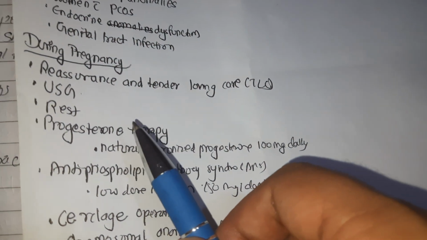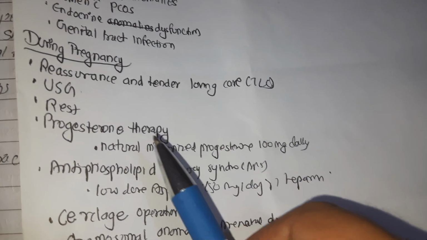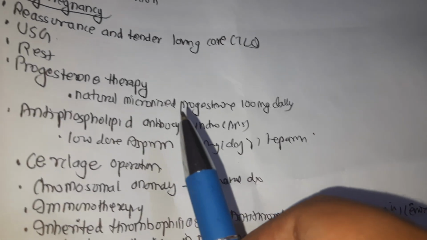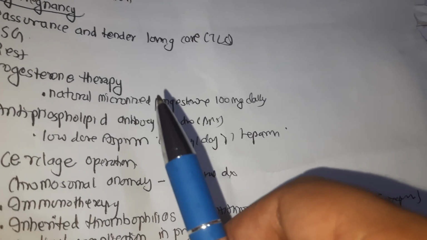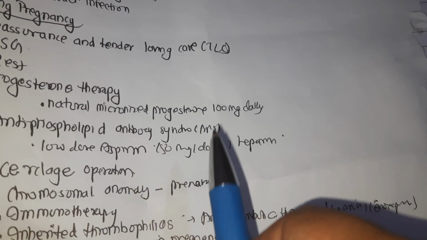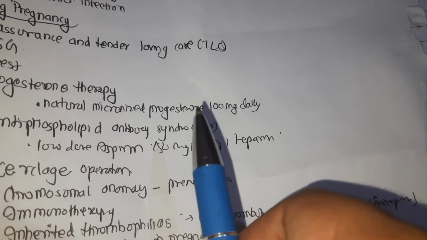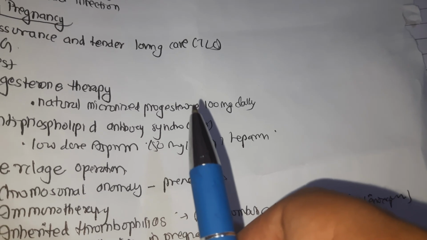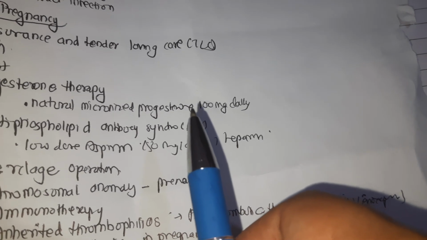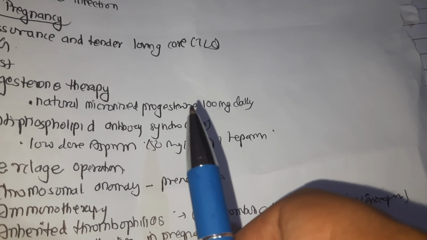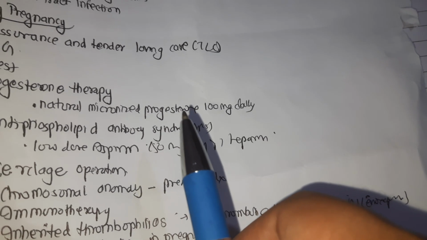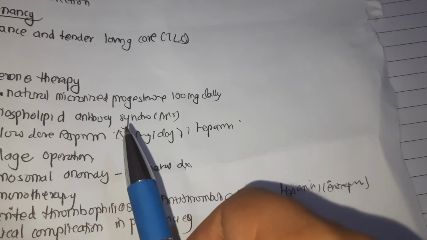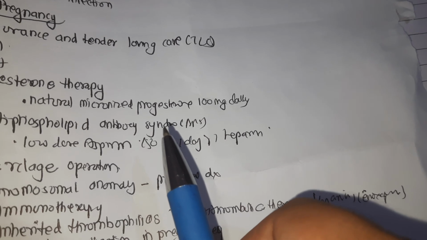And the rest, the patient should take adequate rest and avoid strenuous activity, intercourse and traveling. In progesterone therapy, in cases with luteal phase defect and recurrent miscarriage, natural micronized progesterone 100 mg daily is given as vaginal suppository. It is started 2 days after ovulation. Once pregnancy is confirmed, the progesterone supplementation is continued until 10 to 12 weeks of gestation. Progesterone is necessary for successful implantation and continuation of pregnancy. This is due to its immunomodulatory role. It induces a pregnancy protective shift from pro-inflammatory TH1 cytokine response to more favorable anti-inflammatory TH2 cytokine response.